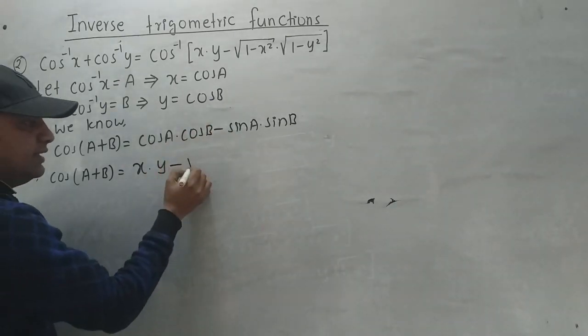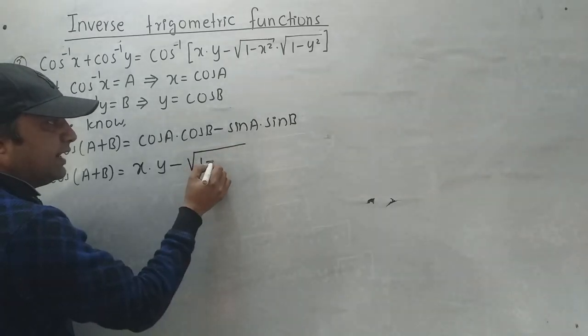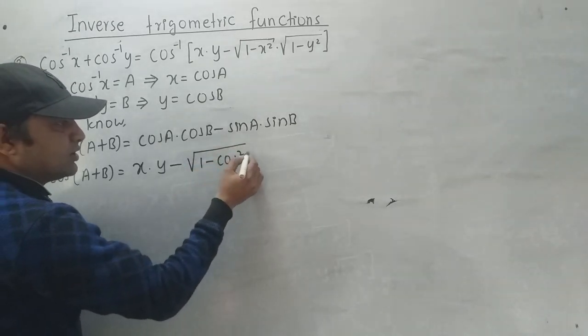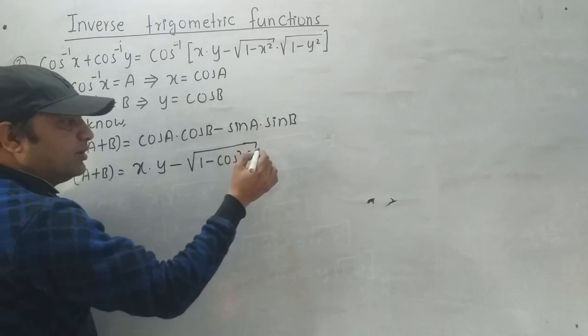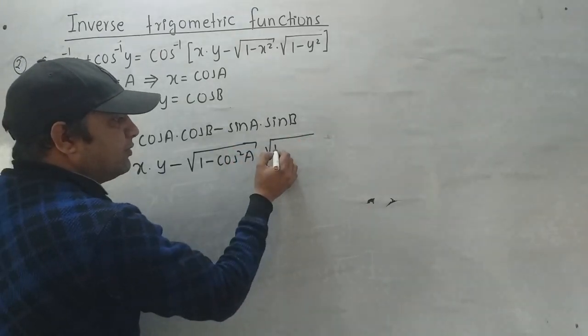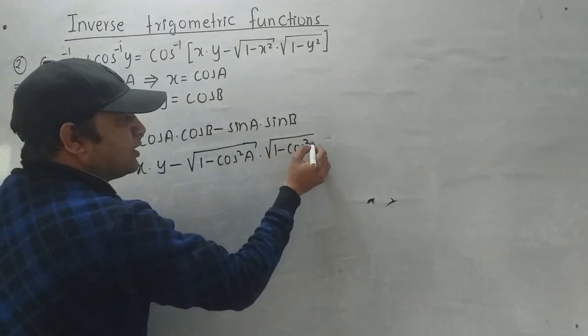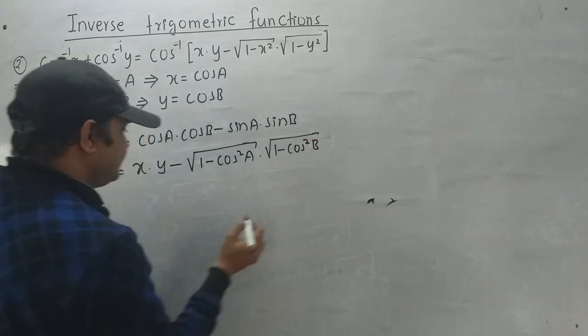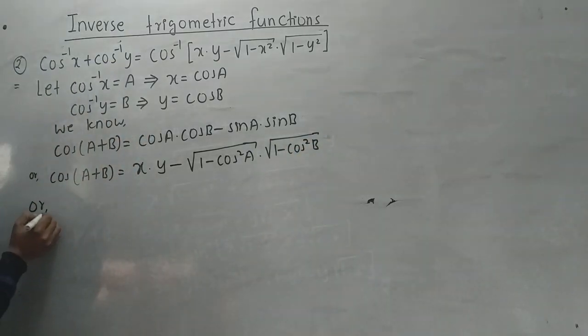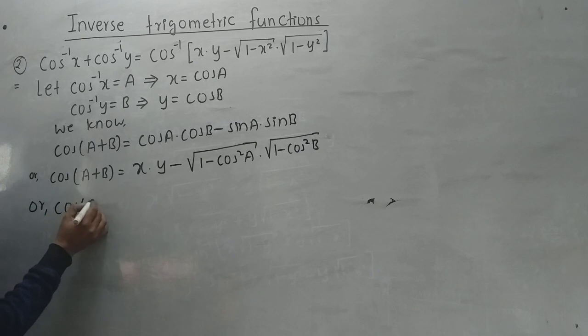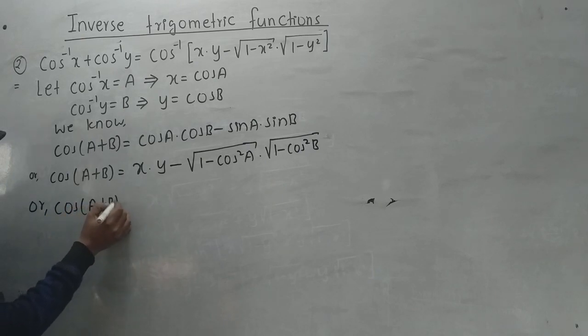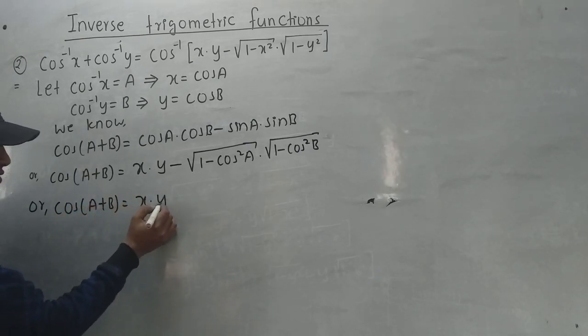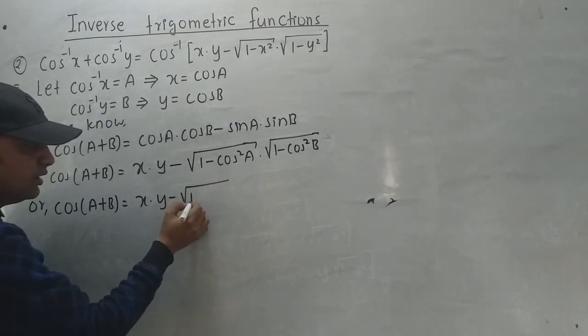So sin A is under root of 1 minus cos square A, times, for sin B, under root of 1 minus cos square B. So cos A plus B is x times y minus under root of 1 minus